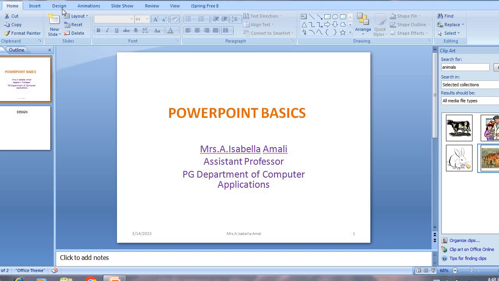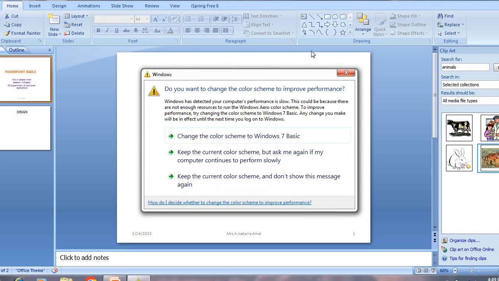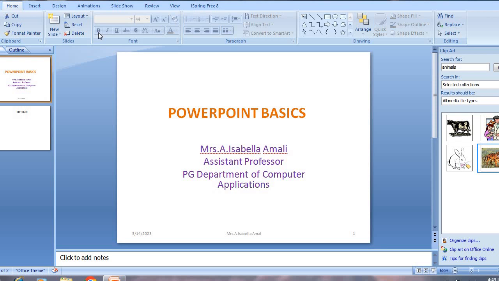In order to make the content more effective, we have numerous features in Microsoft PowerPoint, and we have seen a few things. Actually, the insert menu holds many contents which we can express to the audience in a better way, and also various animation effects which make the audience stay with the content and understand it in an effective way. Along with these features, we have a design menu where we can